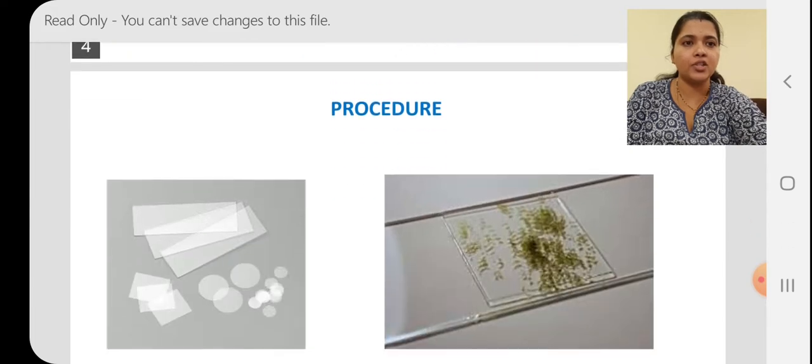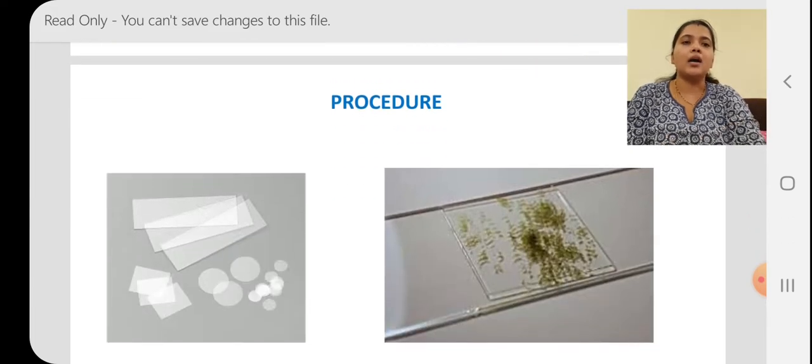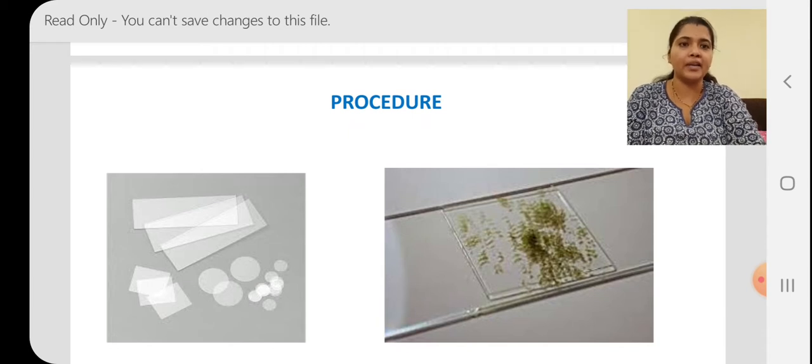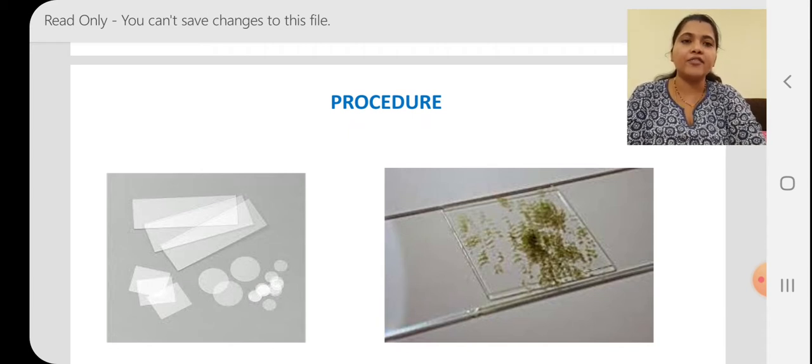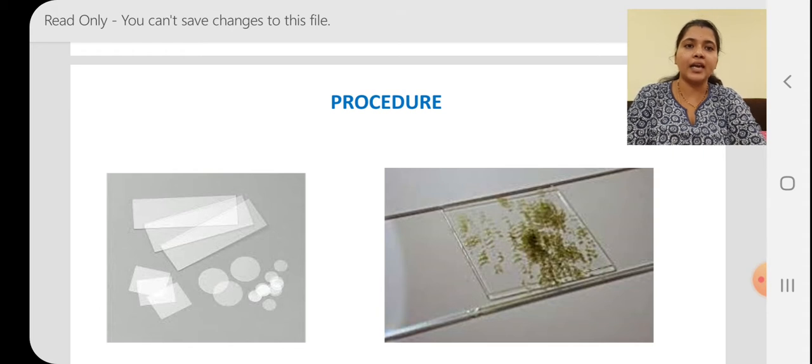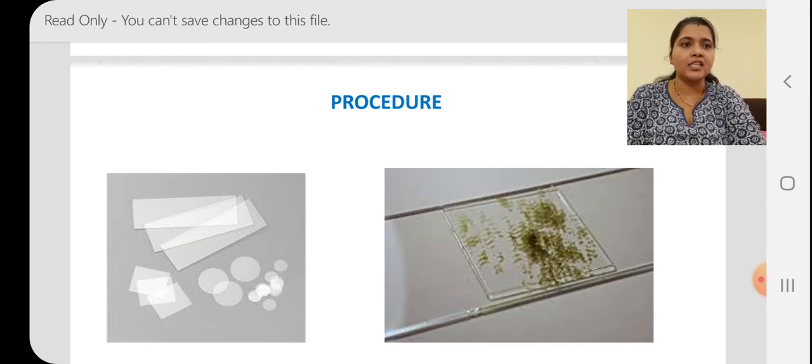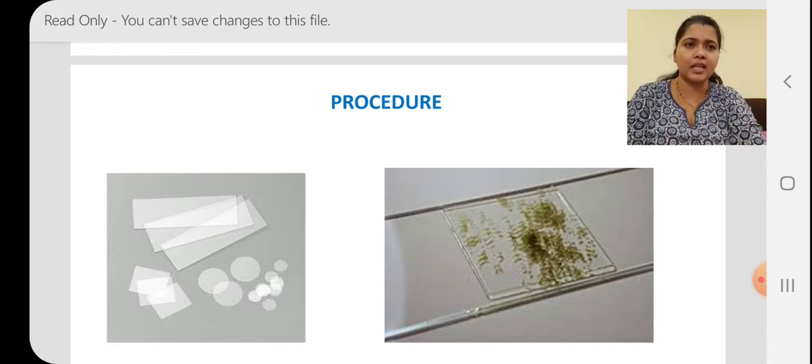Coming to the procedure, children. When you are going to observe fungi from coconut or spoiled vegetable or spoiled bread, we have to take a slide. See, in the first picture, are you able to see a slide? Yes. In the second picture, see how you keep the specimen, very little, 1 or 2 drops or something like that, with a spatula or with a needle.